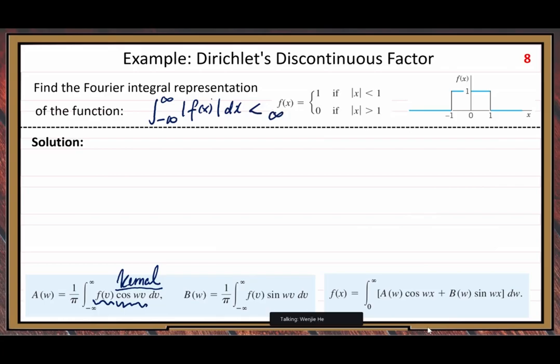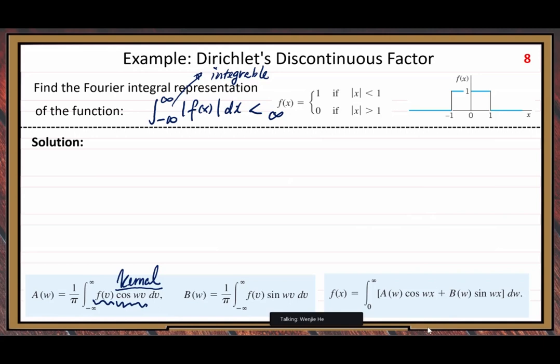We call this integrable. So this is the integrable condition. Then, if we have this integrable condition, we know that when we do this integral operation,